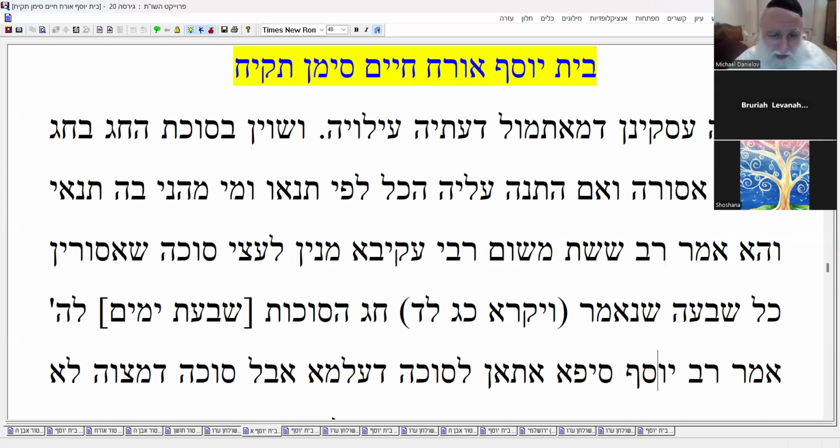So he says, how do you know? Like this rabbi says, how do I know that the wood of the sukkah is forbidden all 7 days of Sukkot? As it says in the verse, "Chag HaSukkot Shiva Yamim L'Adonai," 7 days to God. So what does that mean? All those 7 days, the sukkah belongs to God. So don't touch it, don't play around with it. It's muktzah. Amar Rav Yosef,